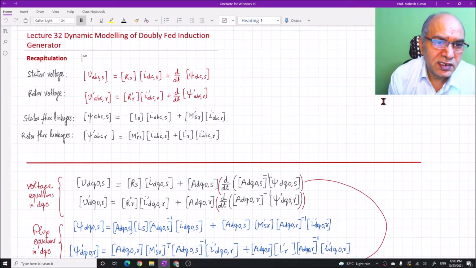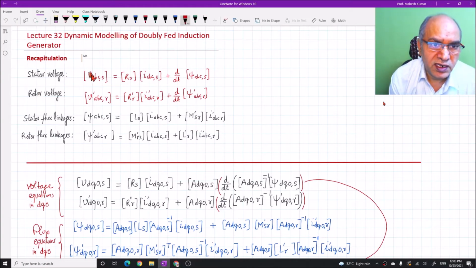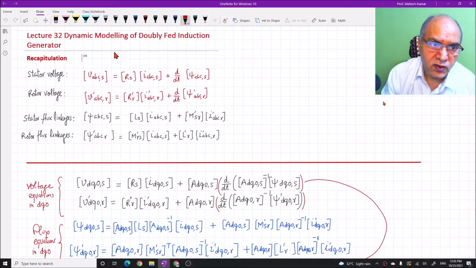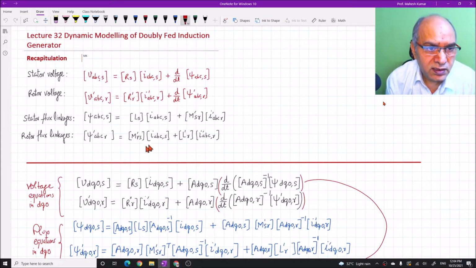So in this lecture, we will describe some more details on the dynamics modeling of the doubly-fed induction generator for analysis and for the control purpose of the DFIG. As you have learnt, the stator and rotor voltage equations in the ABC frame of reference are given as follows. You can see here,